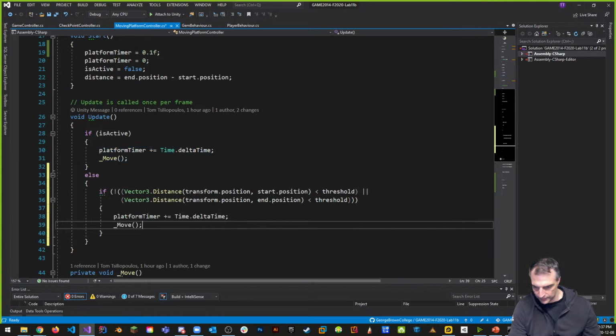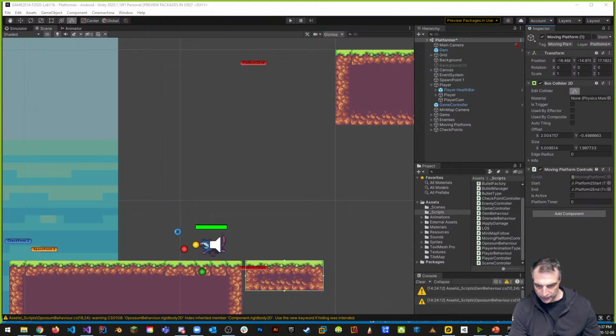Platform.delta time, but only if it's not active. Let's see how this works, if it does work. So we can let it ride it out, in other words. All right, so here I'm at the bottom of the